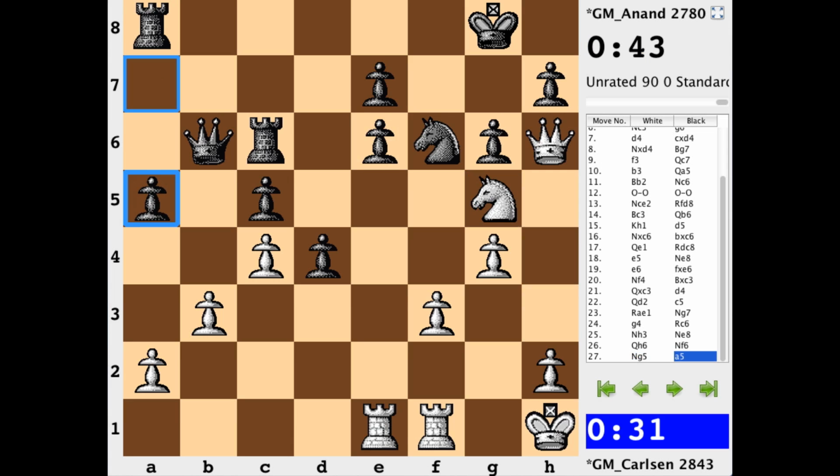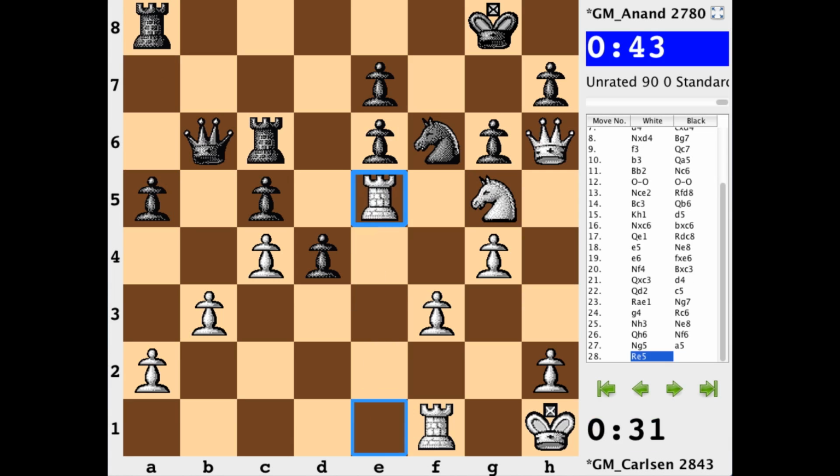For example, let's say after a5, we could just be having rook e5 with the idea, well, actually, there's two ideas here: not only to double on the e-file, but there is a slick little tactic that is available after the rook pivots on e5, which I'll point out in a second. But assuming that black does not do something with this d-pawn right away, White's plan is very clear, pile up on e6, and it's very difficult to defend.